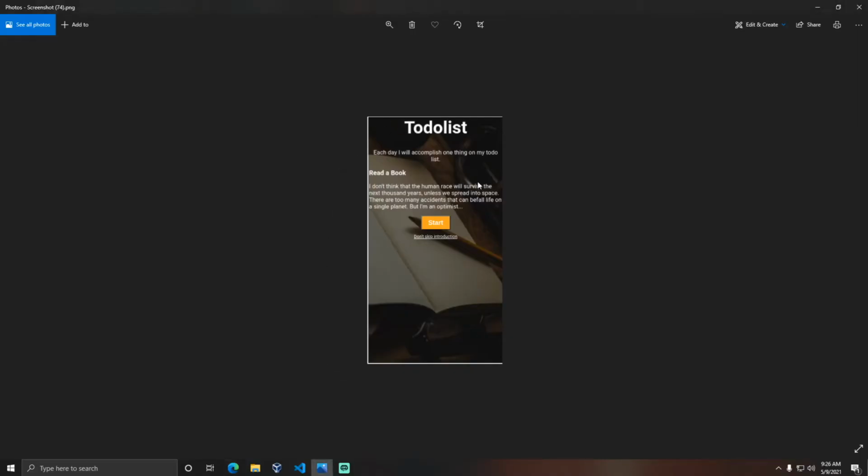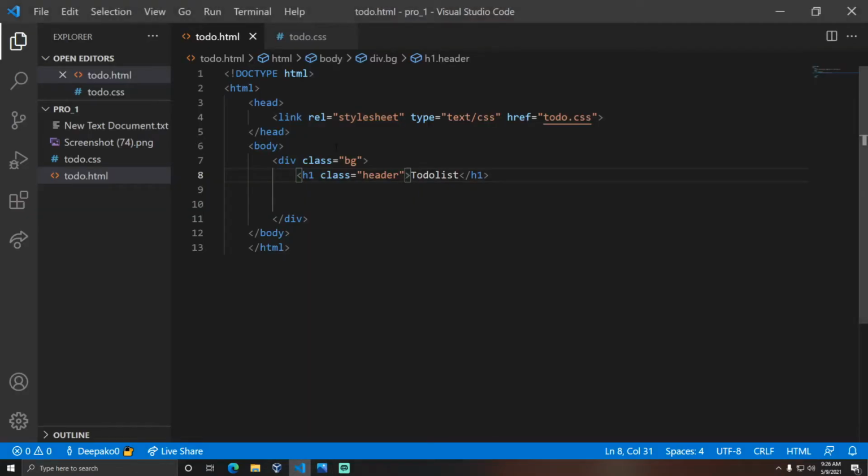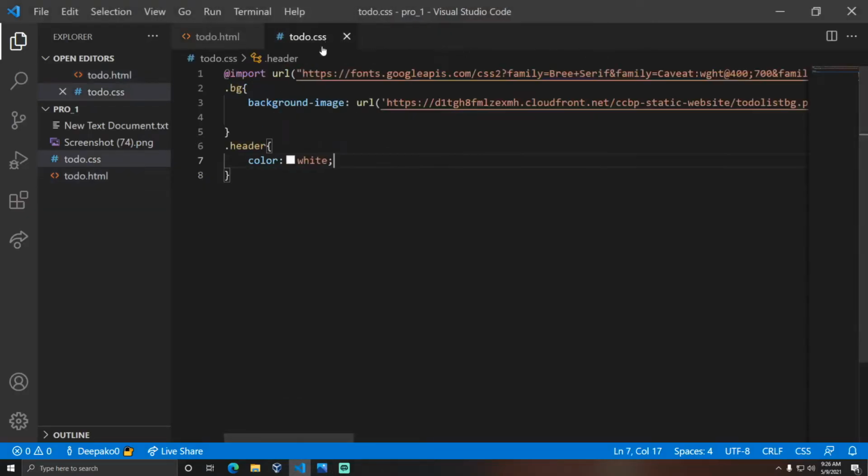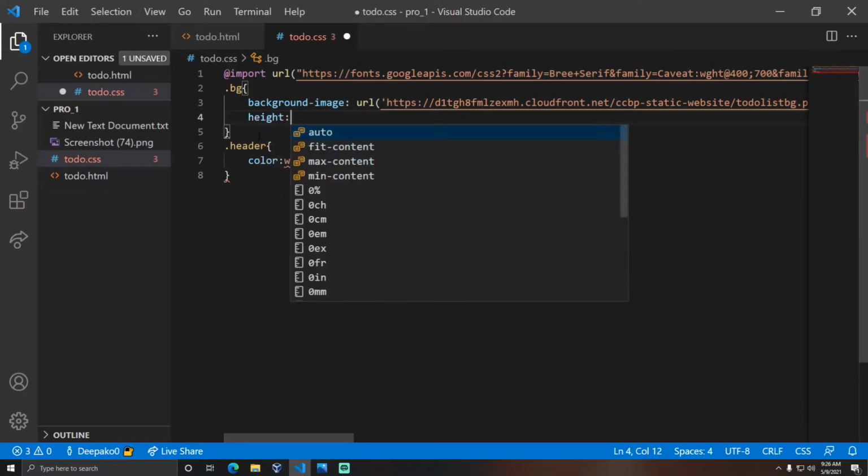Let me see this. Okay, here you can see that the background image is not occupying the full size of the screen. As you can see, only this part of the background image we can observe in the website. In order to achieve it, there are some properties for the background image, like height.